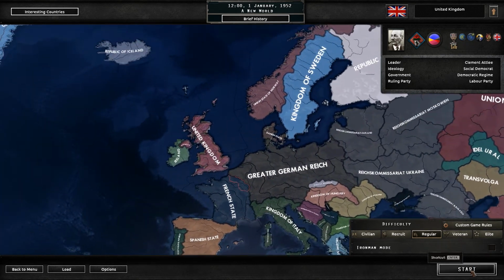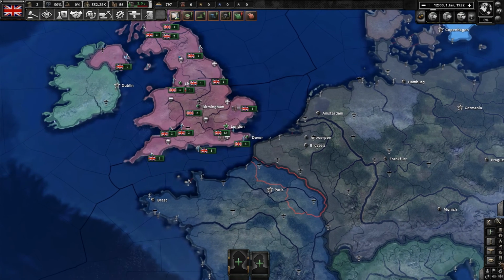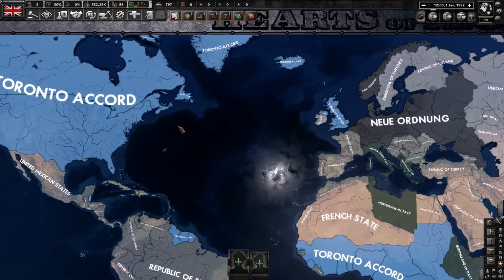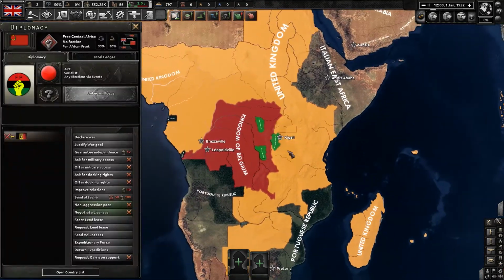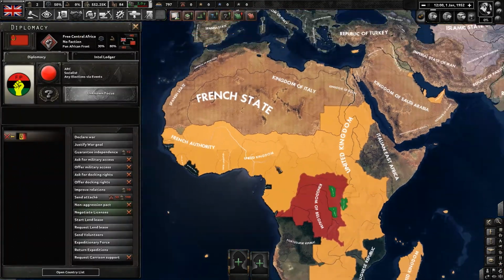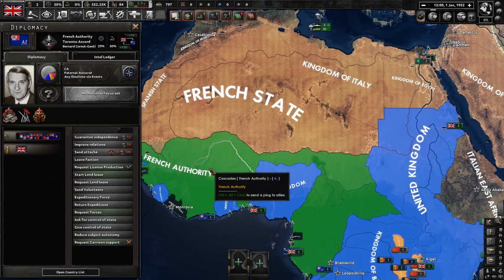So let's get started. Alright, so this is Britain in 1952. It is the darkest hour. But yeah, basically, we as the UK have not had a really great time. We are now part of the Toronto Accord, which is like the democracy faction. As you can see here in Belgium, there's already revolts going on. The Free Central African states are revolting. And I think we're going to have a lot of...